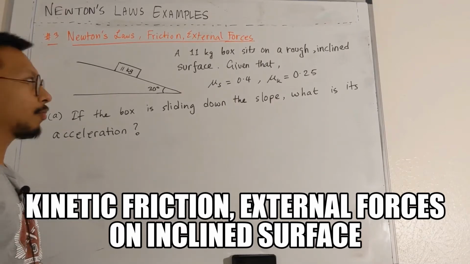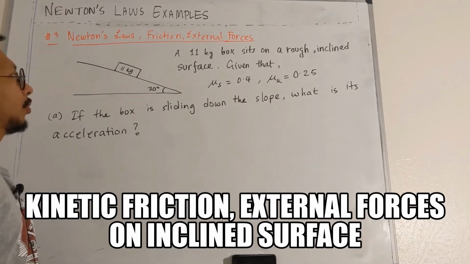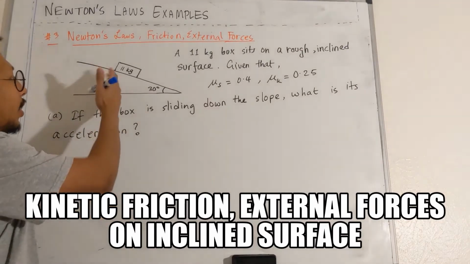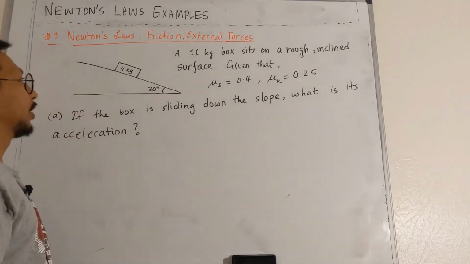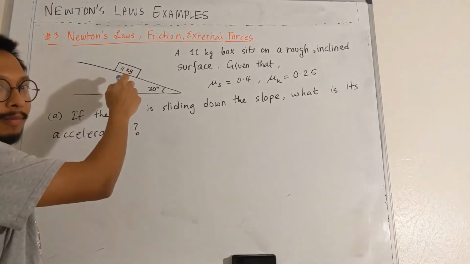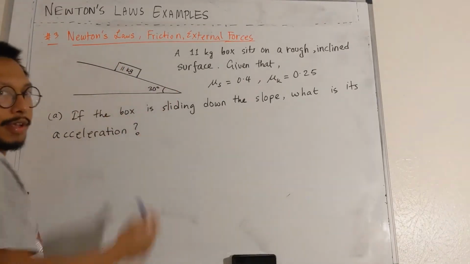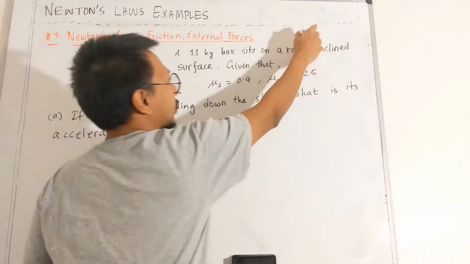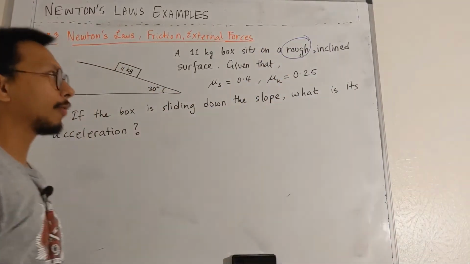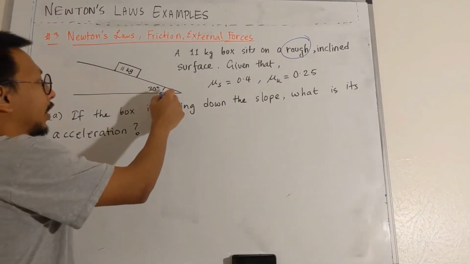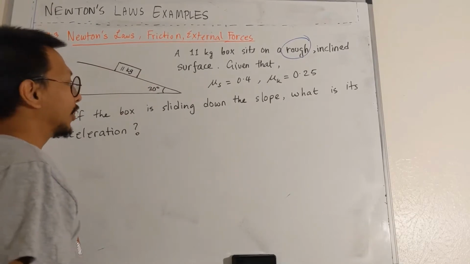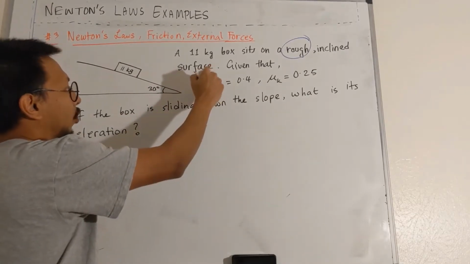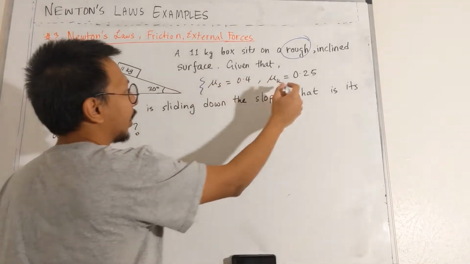Okay, let's look at a more challenging problem. Here we have an 11 kilogram box sitting on an inclined surface which is rough, meaning there is friction that we cannot ignore, and the incline angle is given to be 30 degrees, and the coefficients of static friction and kinetic